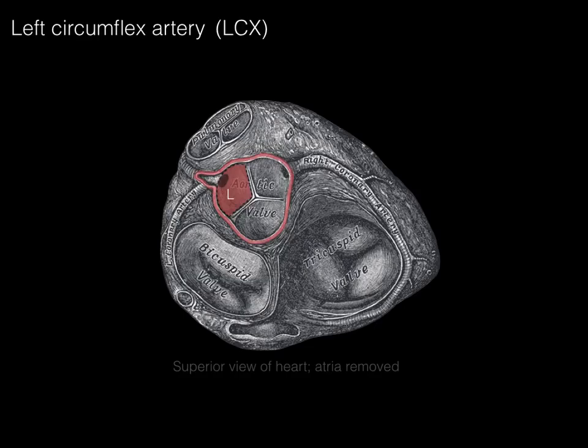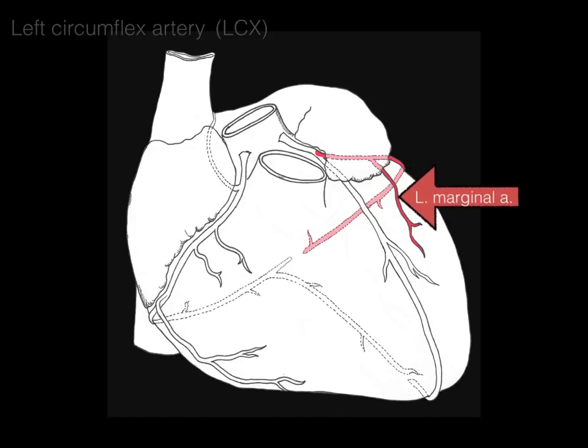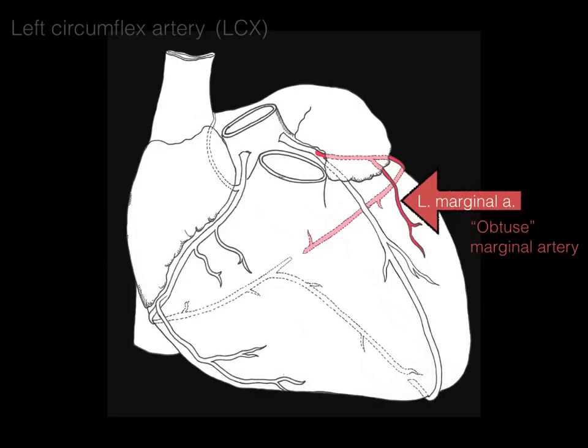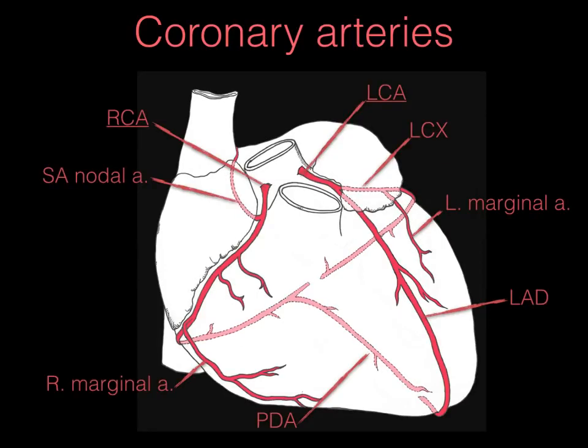Let's look at the superior view of the heart, and there we've got that left cusp. There's the left coronary artery, and there's that left circumflex branch that courses all along that left coronary side of the sulcus. And then the left marginal artery that comes down. This artery is named because it's on the left margin of the heart, but it's also called the obtuse marginal artery. It gets its name because the coronary sulcus and that side margin of the heart make an obtuse angle, which is an angle greater than 90 degrees, and hence why left marginal artery and obtuse marginal artery are synonymous. And there we have all the coronary arteries now,